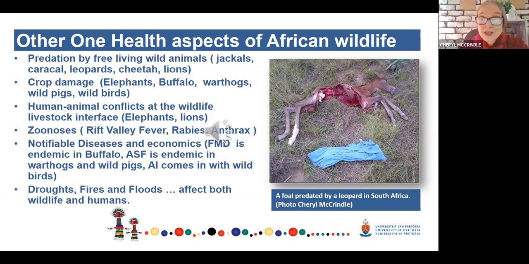African swine fever is endemic in warthogs and in wild pigs, and you know about the huge epidemic of African swine fever that's just happened in China. Then we've got avian influenza that periodically comes in with wild birds, and that's another problem with absolutely stopping all our exports of chicken until we've sorted that out. Then, of course, we have droughts and fires and floods, which also affect humans and animals, like the terrible, terrible fires you have at the moment in Iowa, I believe, and parts of America, which are so sad and so huge you can see them on satellites. So that's an international problem. We also had the same problem in Australia.